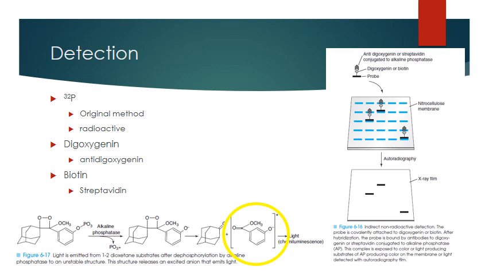And those can be conjugated to an alkaline phosphatase that's added in the reaction mix to bind to either one of those labeled probe target complexes. And those allow you to